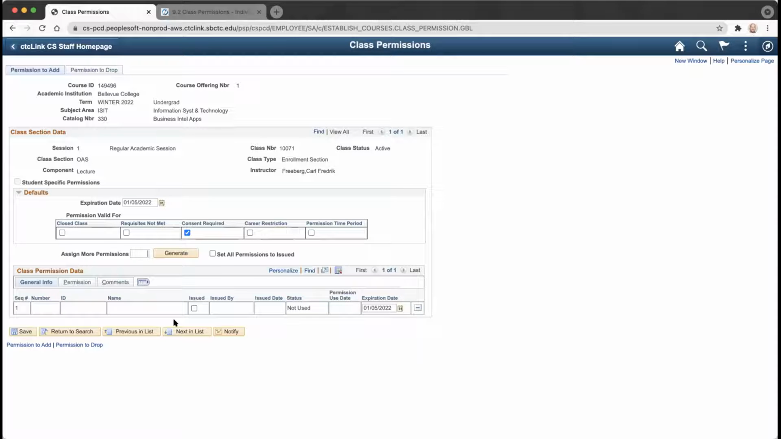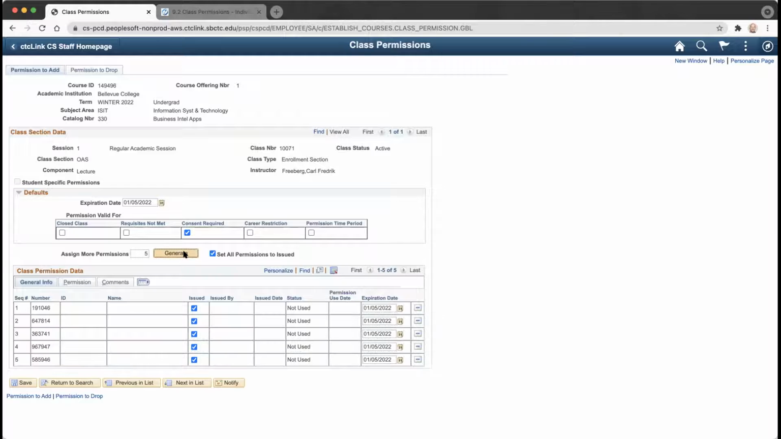And I can go down here, and if I wanted 5 codes, I could say 5 codes and generate, but then there's this checkbox right next to it: set all permissions to issued. I strongly recommend to mark set all permissions to issued when generating, because